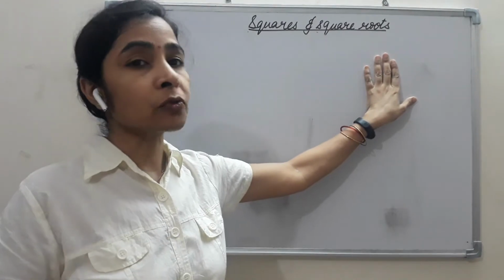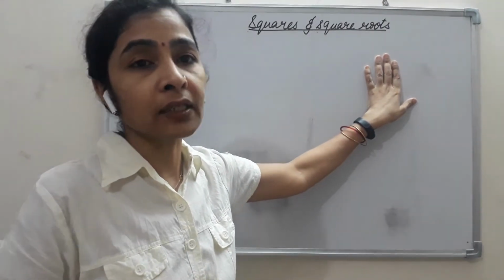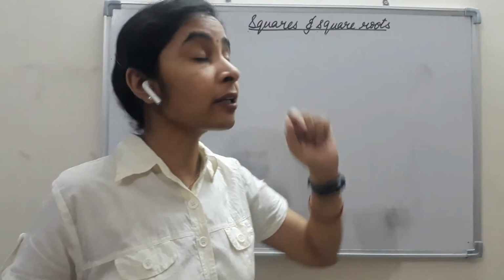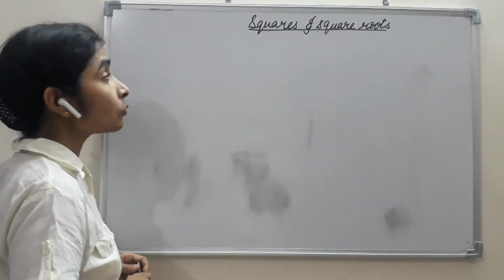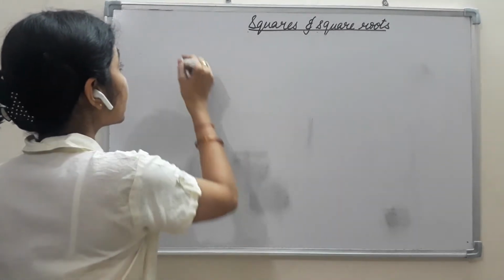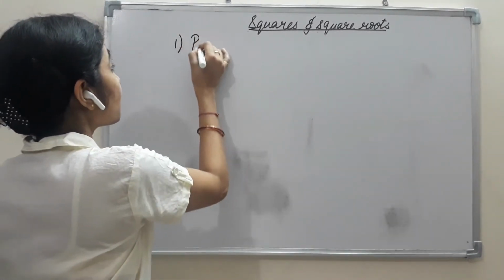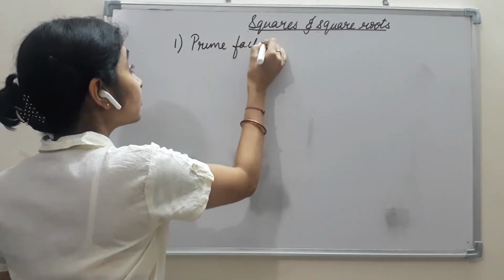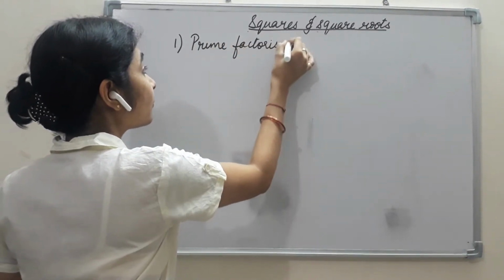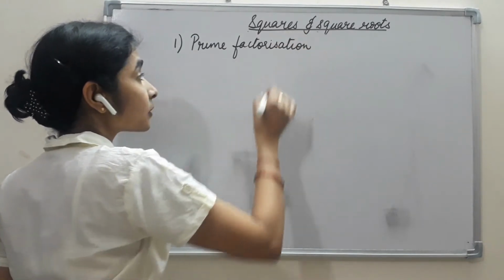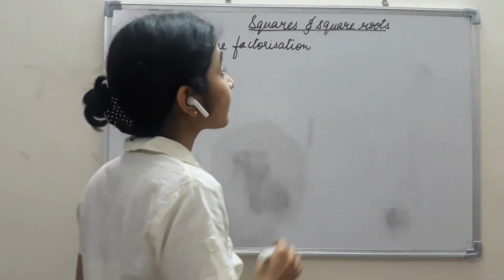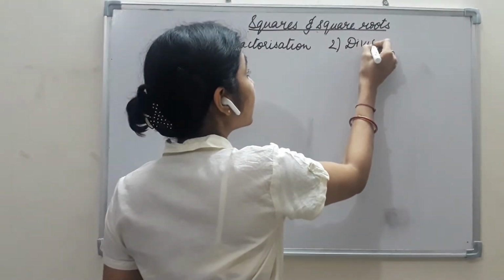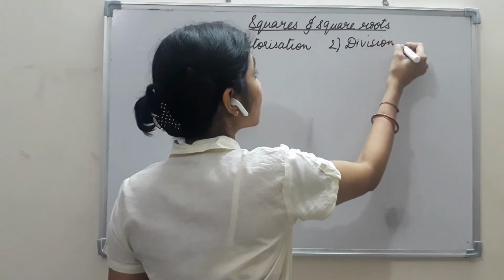To find the square there is a simple method, we just multiply it. But in the case of finding square roots there are two different methods. Which are those two methods? The first is the prime factorization method. Prime factorization you have already done in class 7th, where we find the prime factors of the given number. The other is the division method. In this video we are discussing the